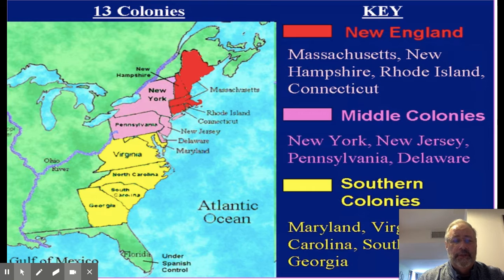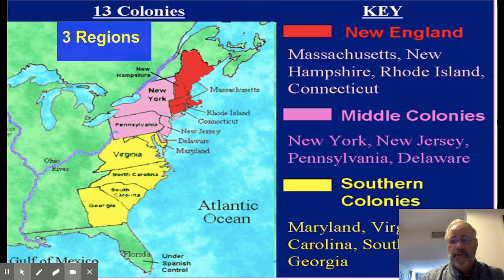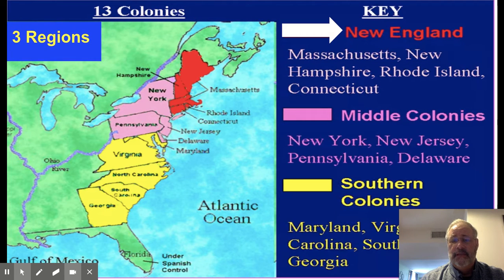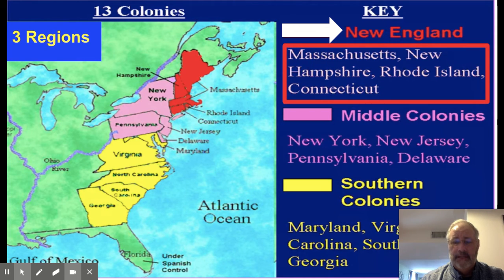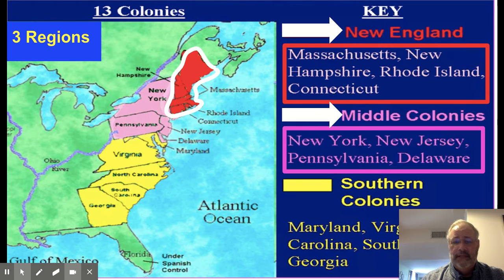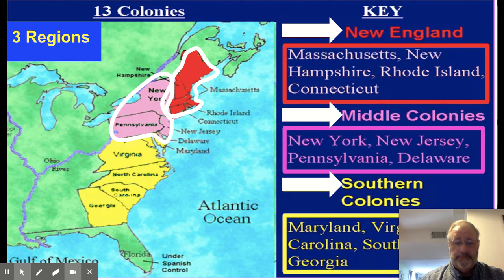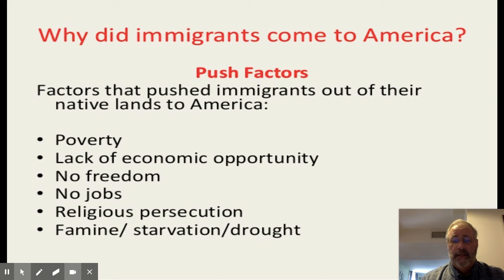As we go through this unit, we're going to divide the 13 colonies into three regions. The first region that we're going to talk about in this lesson is the New England colonies. These are composed of Massachusetts, New Hampshire, Rhode Island, and Connecticut. In our second lesson, we'll be talking about the middle colonies, which are New York, Pennsylvania, New Jersey, and Delaware. Our third region in this unit will be the southern colonies: Maryland, Virginia, North and South Carolina, and Georgia. So each one will have a lesson, and we'll talk about various things that are related to each of the